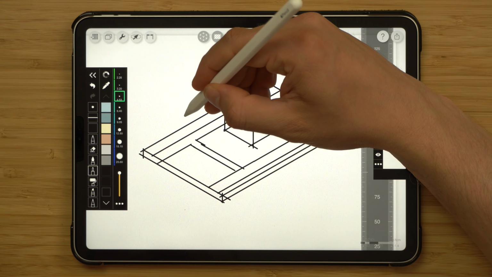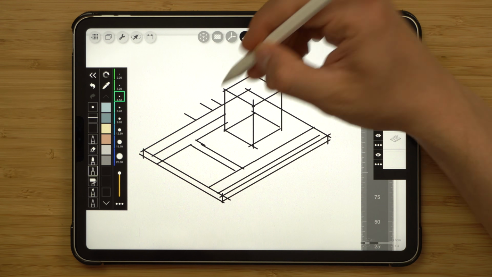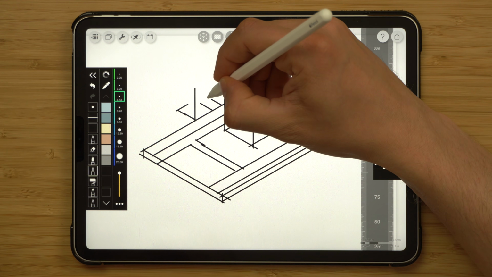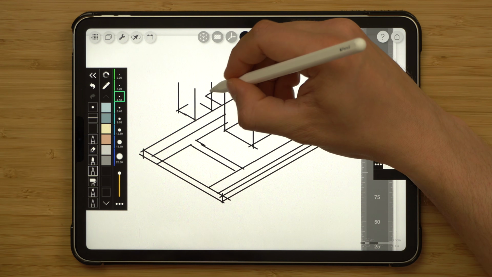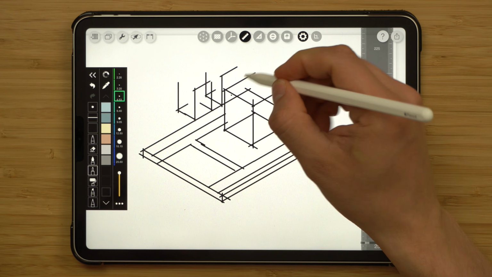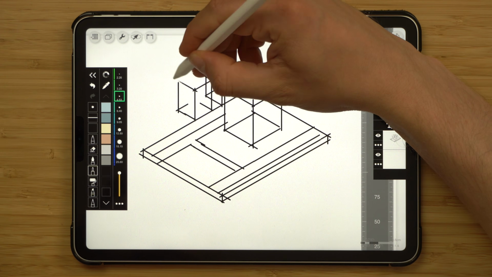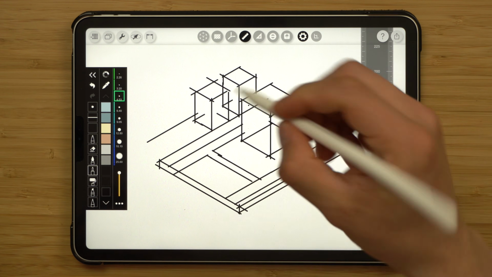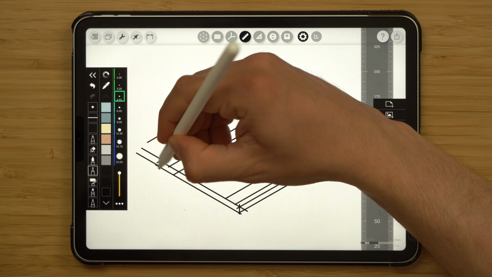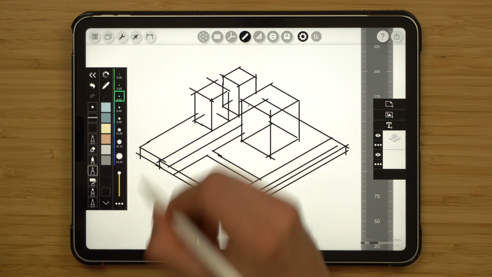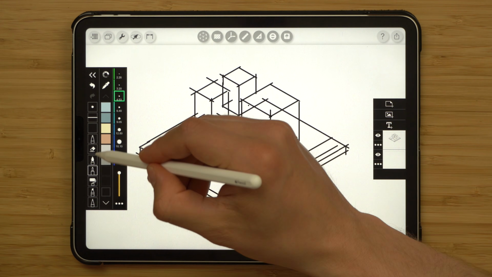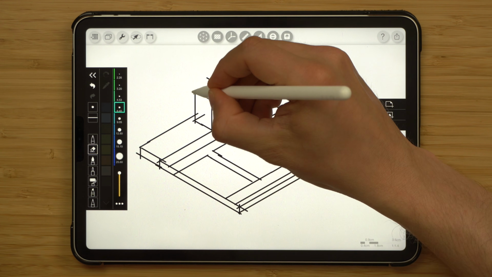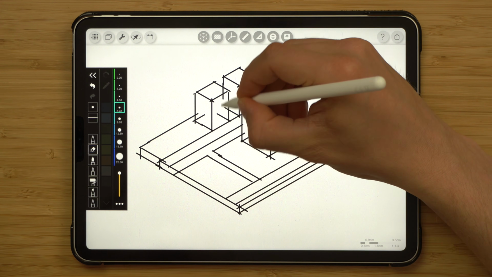I also want to show a couple of context buildings. I'm just going to notionally sketch their footprint and then pull vertical lines up, and then the same with the horizontals. And I will need to extend this ground to cover where the context buildings are placed. Now I can disable the ruler and erase the excess to make the whole thing a bit more clear.